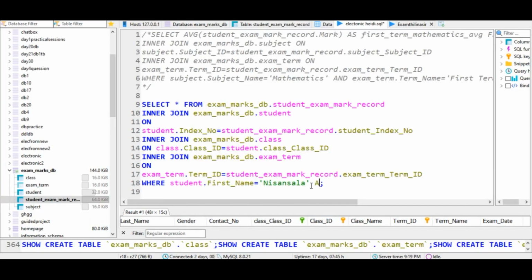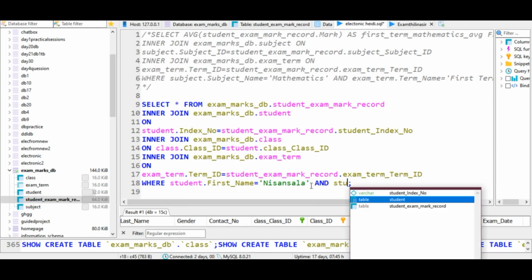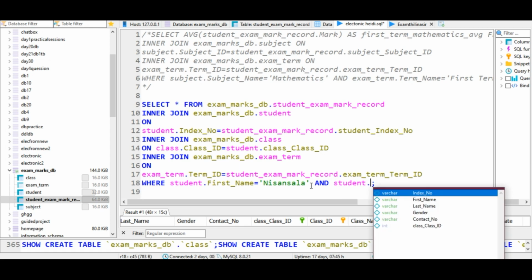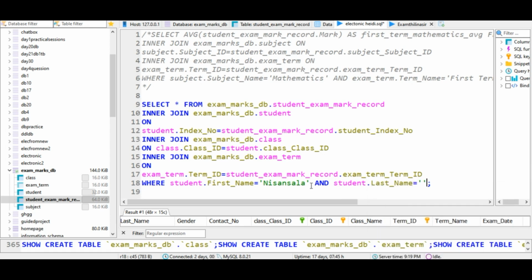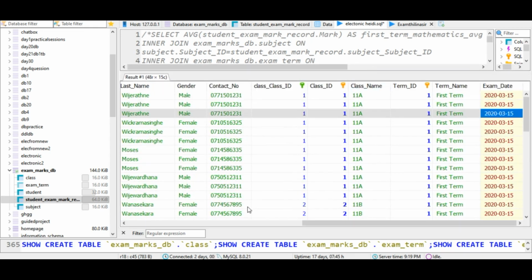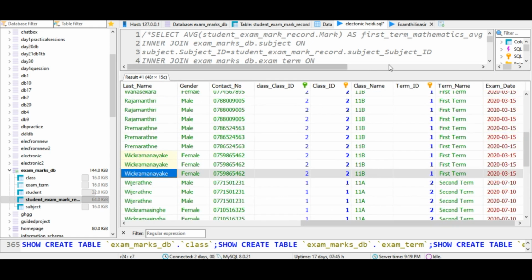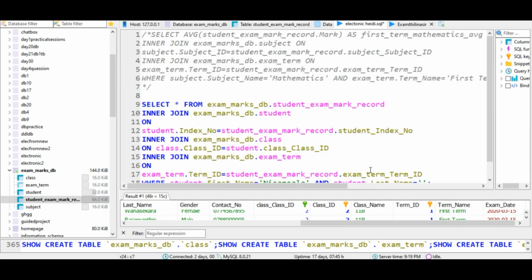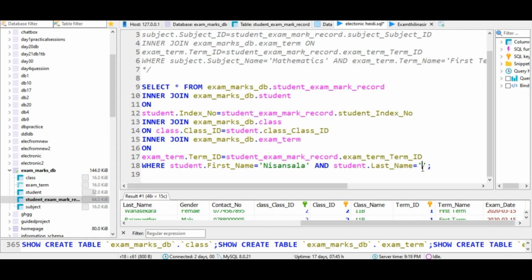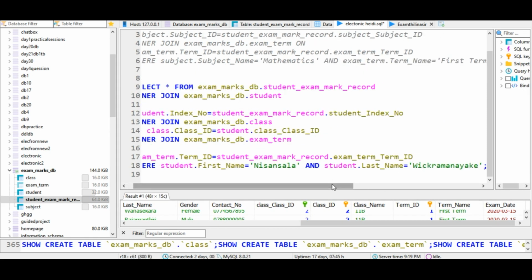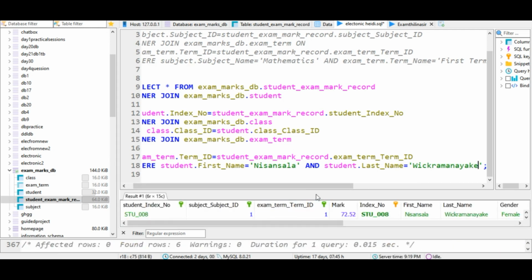Okay, now after that I'm going to say, and the student's last name is Vikramanayaka. Let's copy and paste it right over here, and after that, if you execute this query, you'll get only